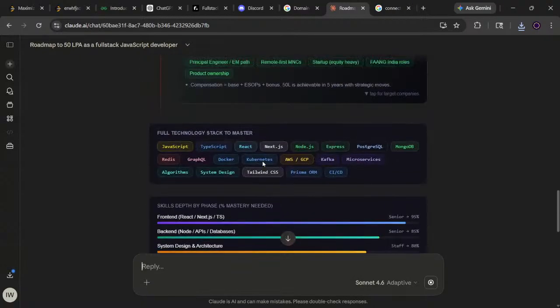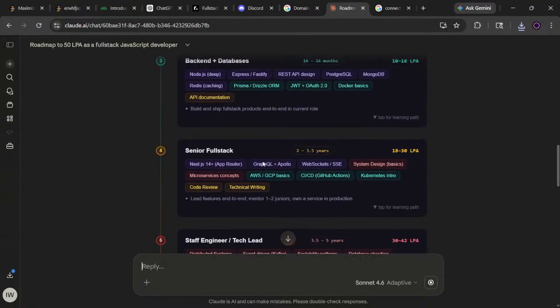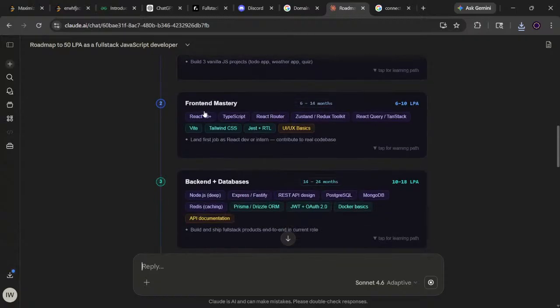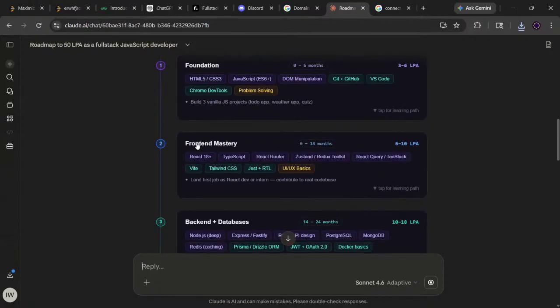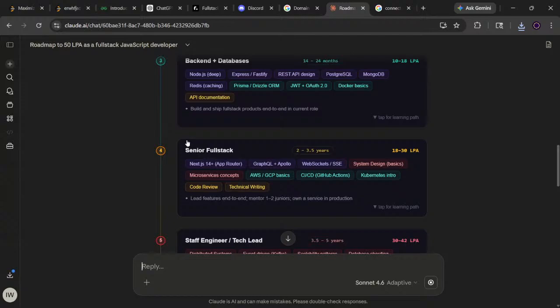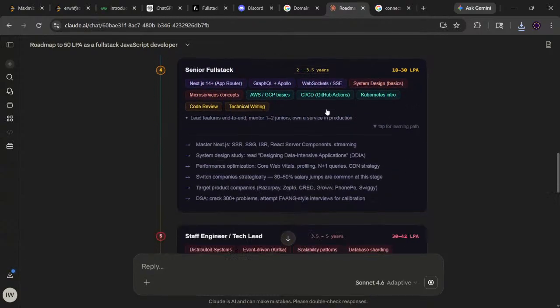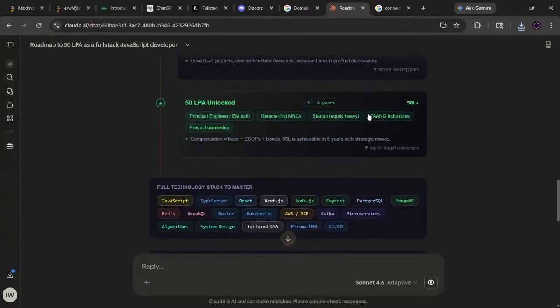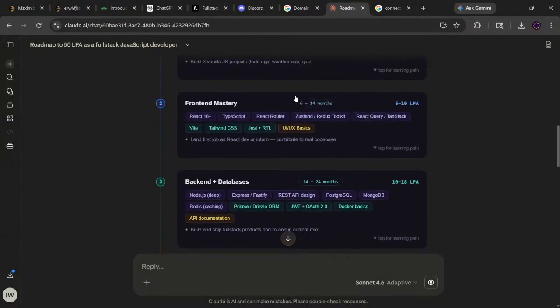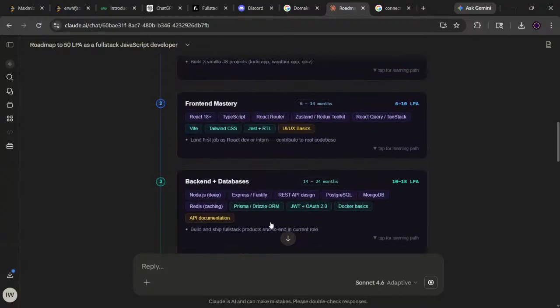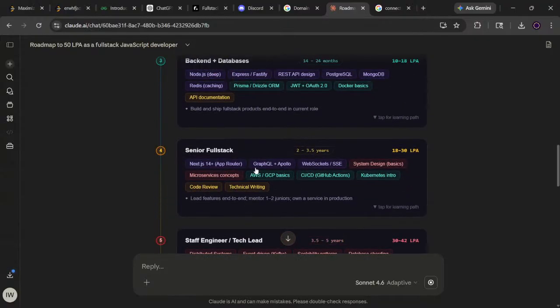Reaching 50 LPA is not an easy task, I guess. We need to know much more. Right now I'm on this phase, I guess. I'm not a senior, but I still know this thing. Since I have like 1 year of experience, I know a bit of front end and back end. So if we had to start,